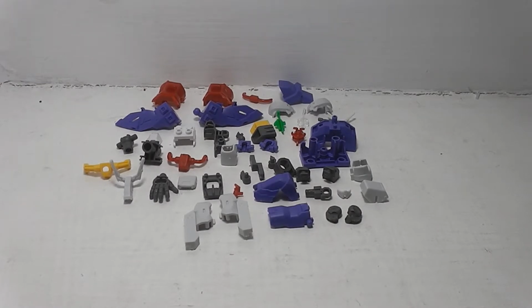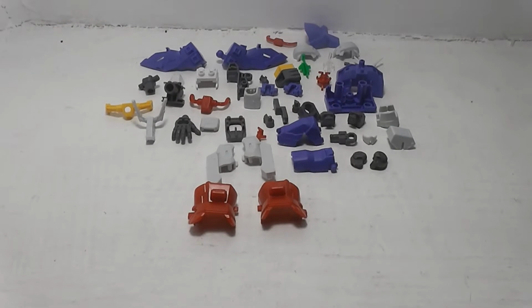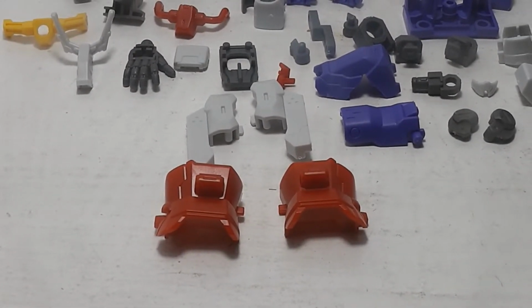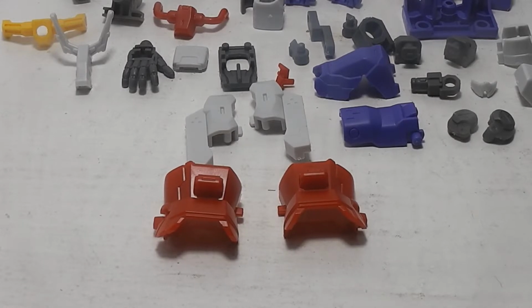So the first part that we're going to build is the upper body. And the first one that we need is these here. We're going to be building the upper body, right? Yes. Okay. And we're going to be building the chest. Okay. So we need these, and we also need